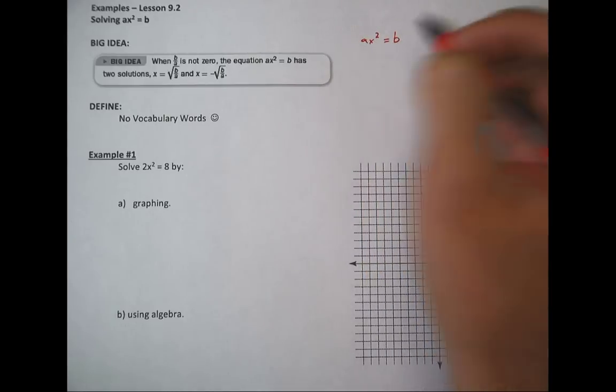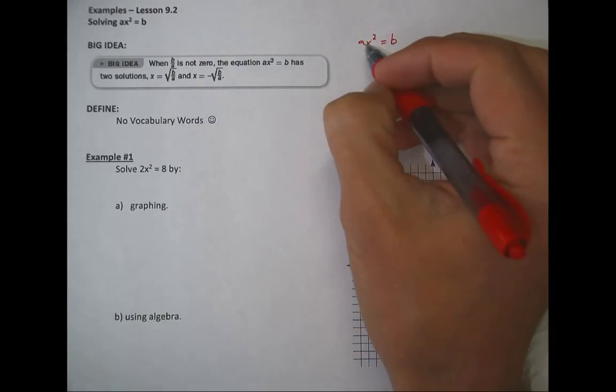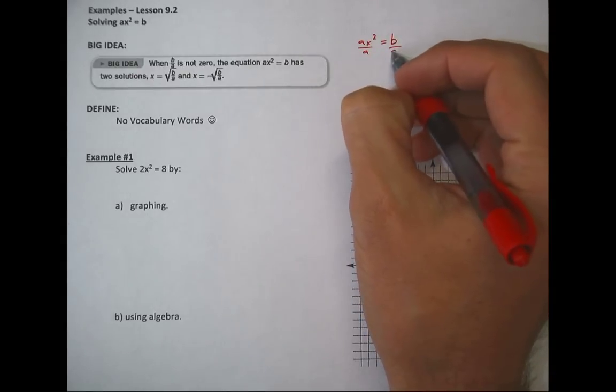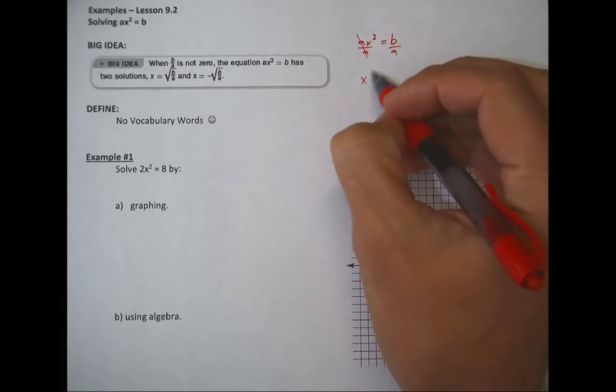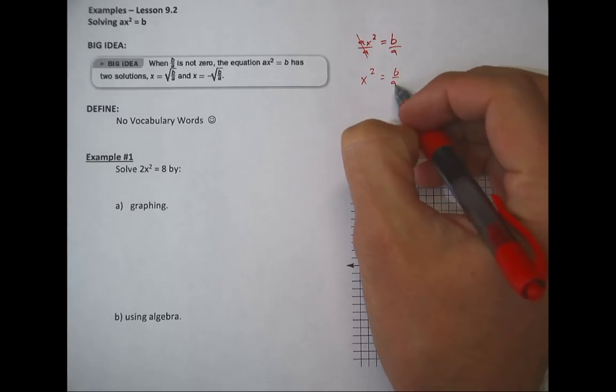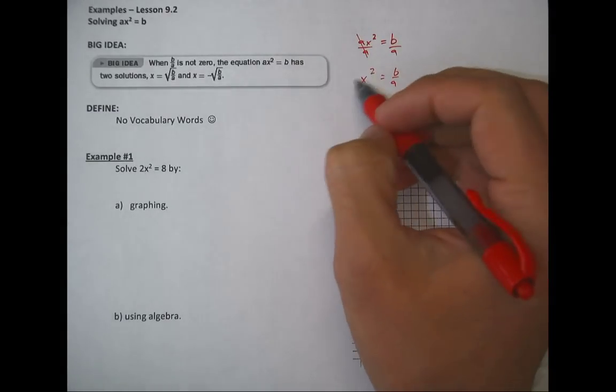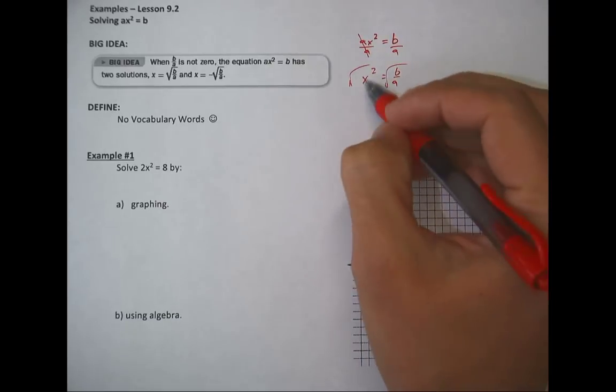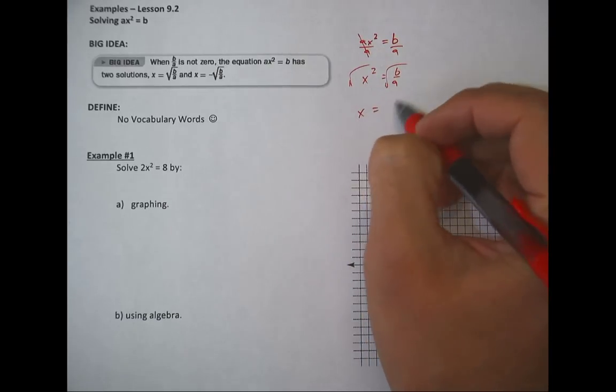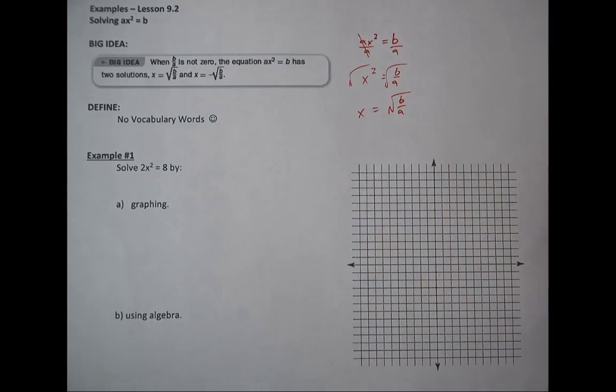and you wanted to solve for x, and you wanted to get it by itself, you would divide by a to get rid of it. So that goes away. So you're left with x squared equals b divided by a. And then if you want to get rid of a squared, you square root, right? So this becomes x, and then we're left with the square root of b over a,